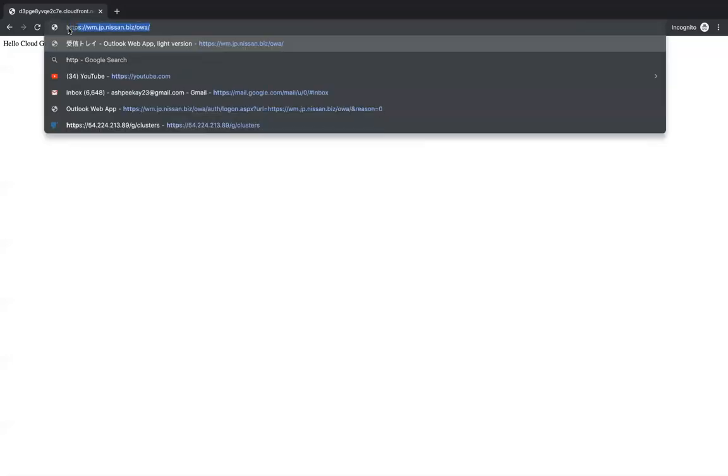Let's try on HTTP itself. HTTP. So we are able to access. What about HTTPS? We are still able to access. So on HTTPS, you can see that your connection is secure because your certificate is valid, and this certificate has been automatically given to us by CloudFront, and that's why your website is able to serve traffic on HTTPS also, because you have a default SSL certificate that is associated.